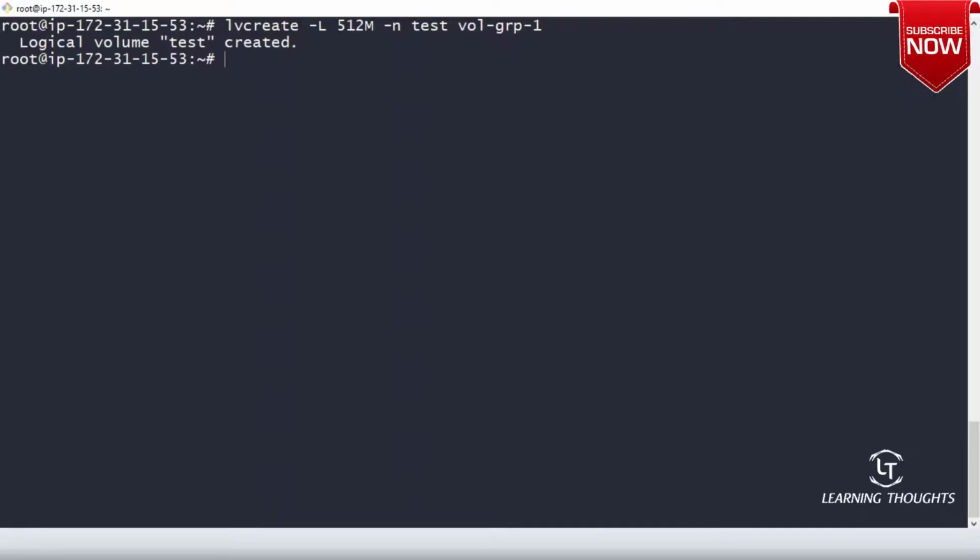Now, for whatever is left, I'll try to create one more volume. In this case, I'll be using small l, and I'm telling it to use whatever is free, and name that volume test2.